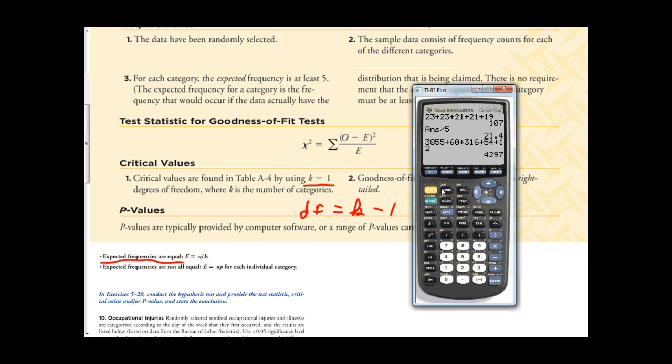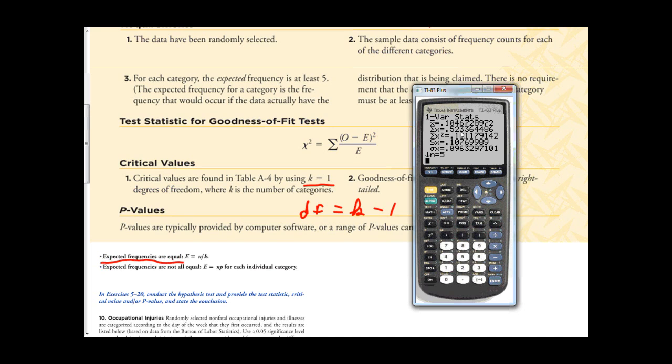So I'm going to second quit. I'm going to quit from there. I'm going to go back to stat, go over to calculate, and I'm going to calculate one variable statistic on list 3. So second list 3. And this will add up all the values in list 3 for me. So I see here that the sum of the values in list 3, the sum of the x's, is